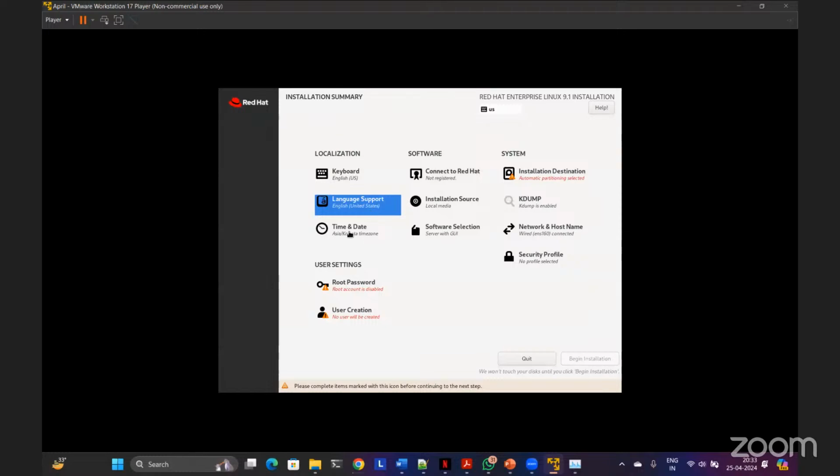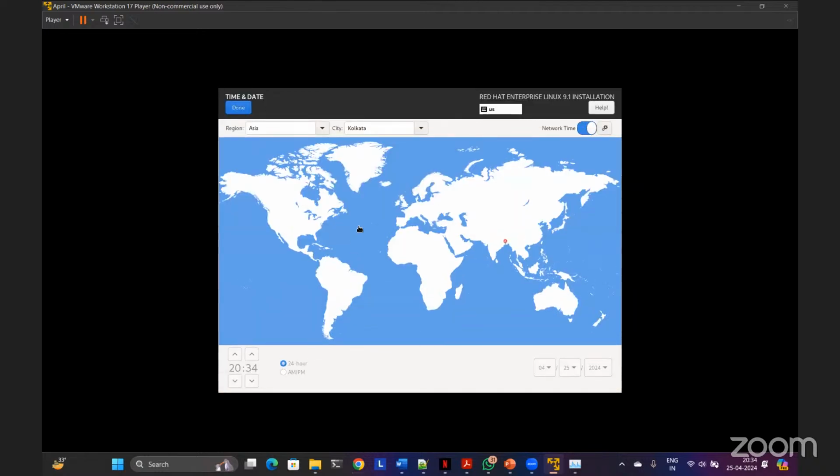Third option, date and time. RHEL 9 or Red Hat 9 is smart enough to detect your time zone. So it already selected Asia Kolkata for me. I'm in India, so obviously, right? No changes required here. If in case it is not picking up the correct time zone, you can click on this option, the world map appears, and based on your location, click on it.